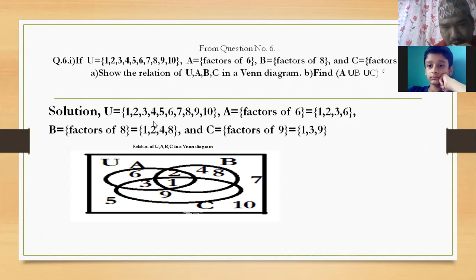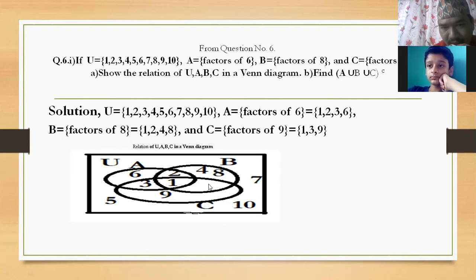What is common in all sets, U, A, B and C? What is common there? 1. 1 is common there, isn't it, Aditya? Yes, sir. We start to plot this one. Now where I have shown the pointer, this is the part of A intersection B only. We write 2 here. 2 is the common one in A and B only.